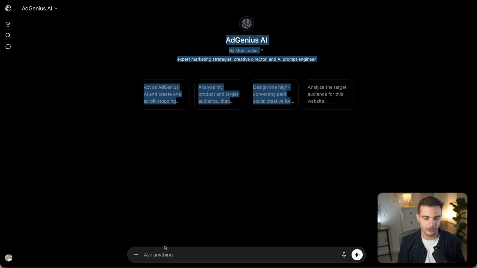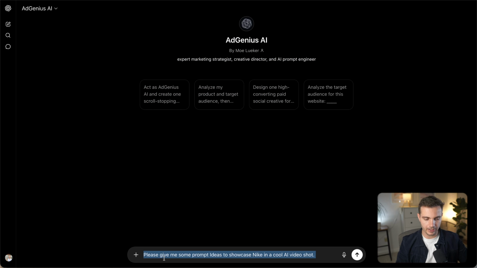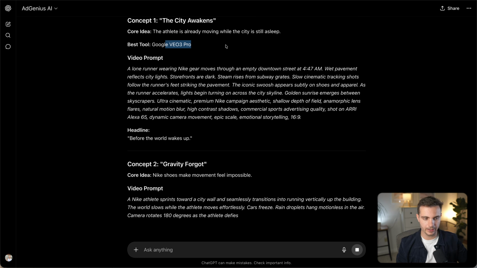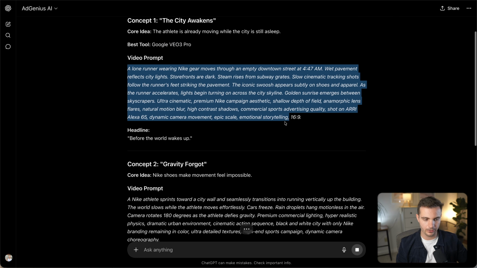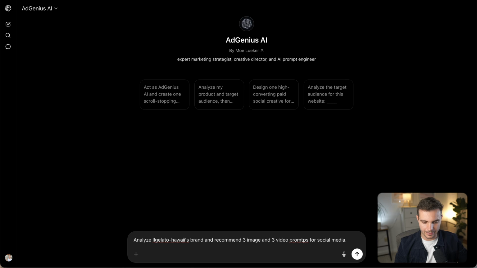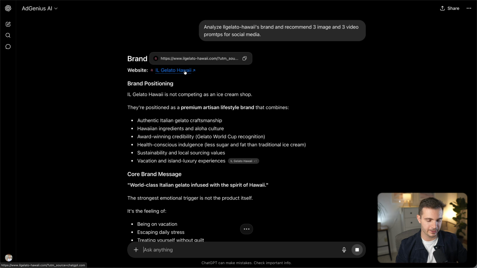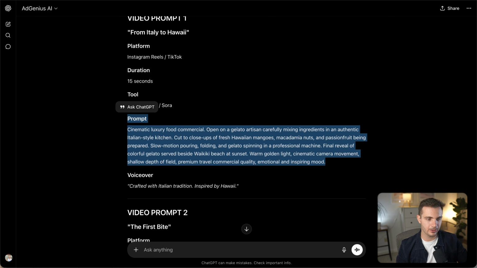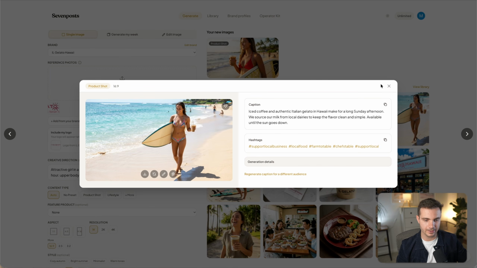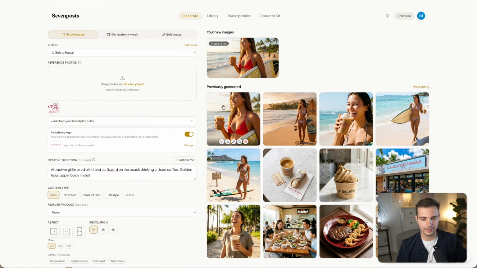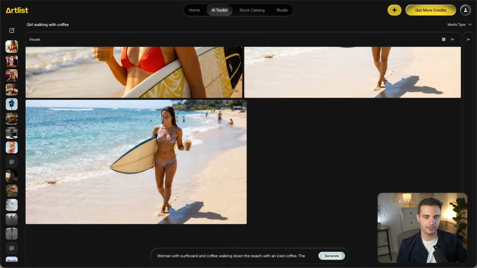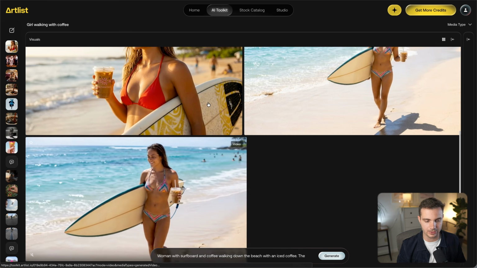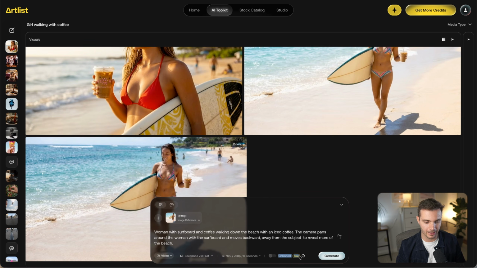Now, if you're wondering on how to prompt this correctly and improve your prompt iteratively, I actually built this custom GPT where you can just drop in an image or a brand. And so you can ask it something like this, and it will give you an exact VO prompt that you can use for the video or for different concepts. Or you can ask it something like this, and it looks up the brand that you're inserting. It gives you the brand positioning, as well as the image and the video prompts that you can paste into your Artlist toolkit. So this does a similar job to what this whole platform does here, except that you have to do a few steps and a lot of back and forth in order to get the brand image on point. But since you are on the unlimited plan, this shouldn't be a problem.